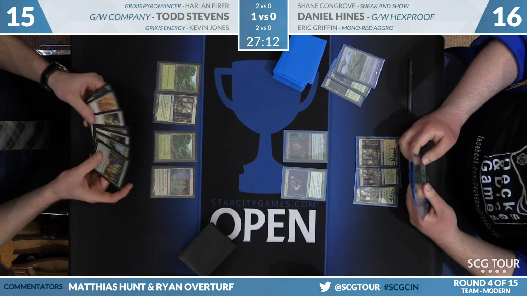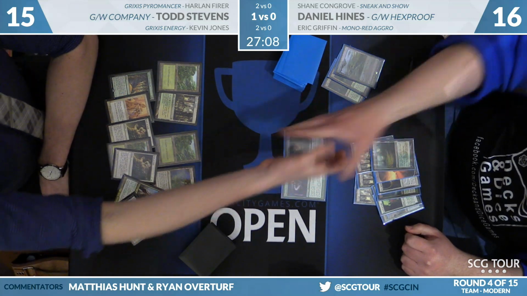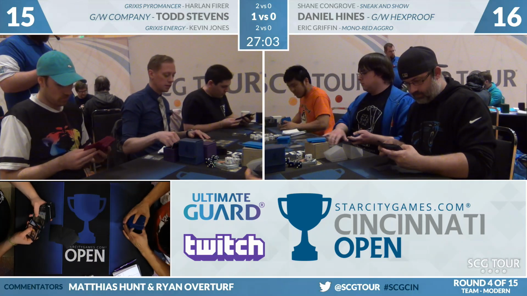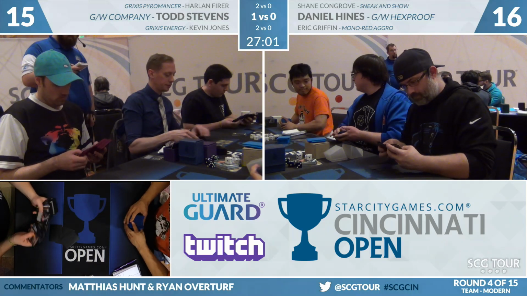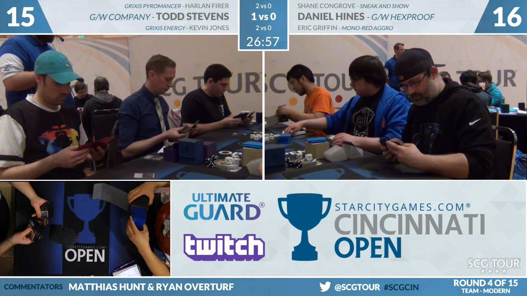We'll go over. It's turn 4 for Daniel Hines. And players putting their hands down the table. It was a 5-0 sweep, but not the one we were looking for. Kevin Jones 2-0 in Standard finishes the match, and what a convincing round there. And Worship pretty